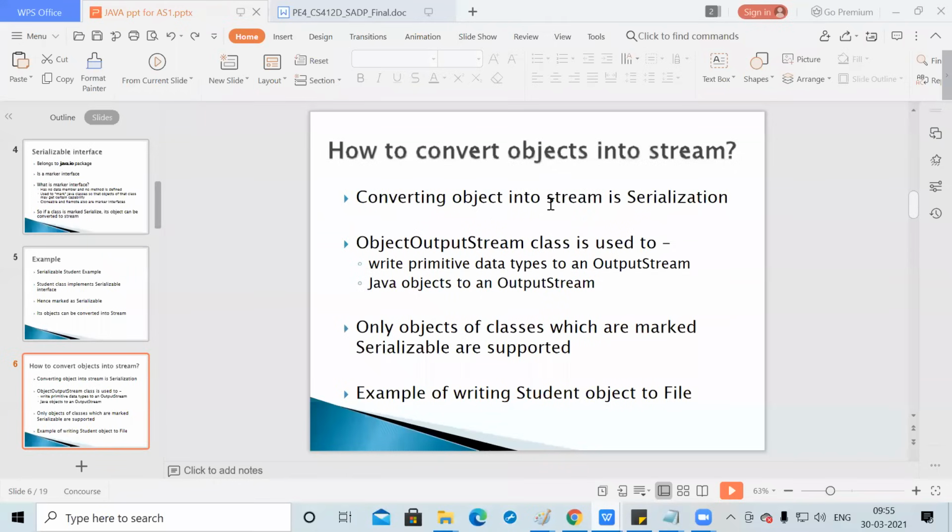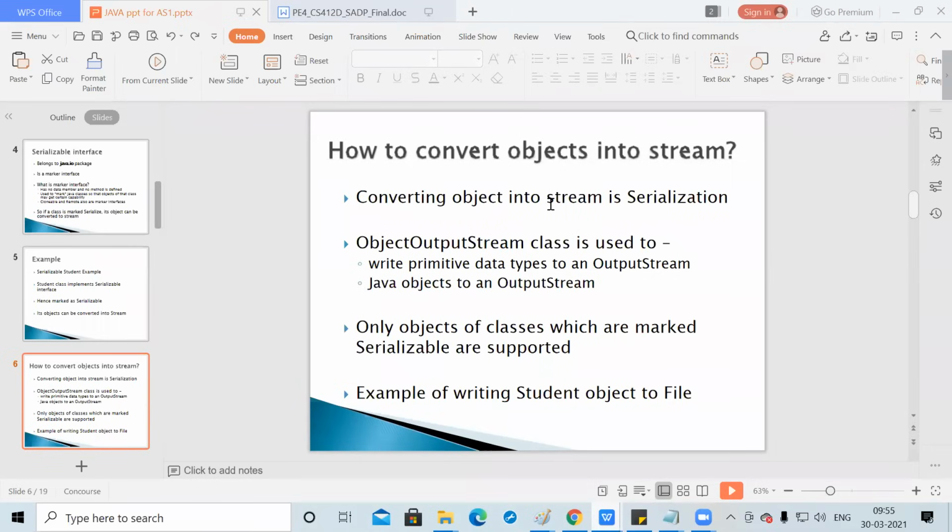Then next, how do we convert this object into a stream? When I say converting the object into the stream, that is the serialization process. There are some classes used to do this. One important class is ObjectOutputStream. ObjectOutputStream is used to write primitive data types and Java objects into the output streams.